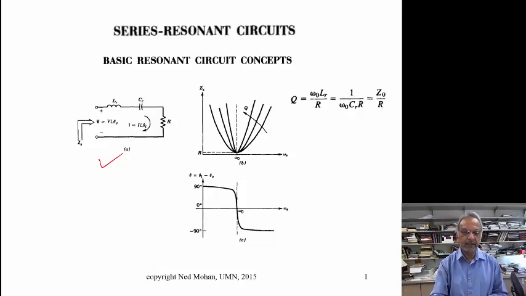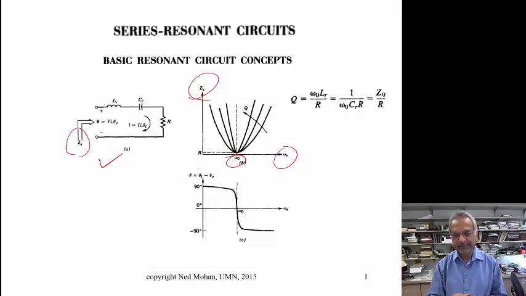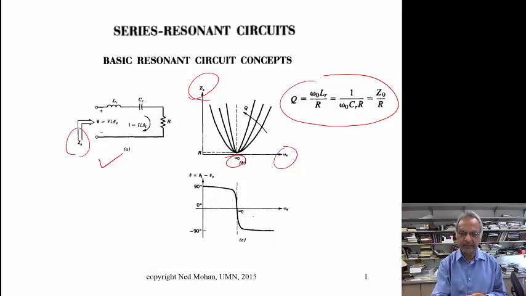And we can plot the impedance looking from the terminals here as a function of frequency. And we see that at omega naught, which is the resonant frequency, this has the minimum impedance, where the capacitive reactance, I should say, cancels out the inductive reactance. And we can plot a family of characteristics for different values of Q, which is defined. So we can see that at frequencies below the resonant frequency omega naught, in this region,